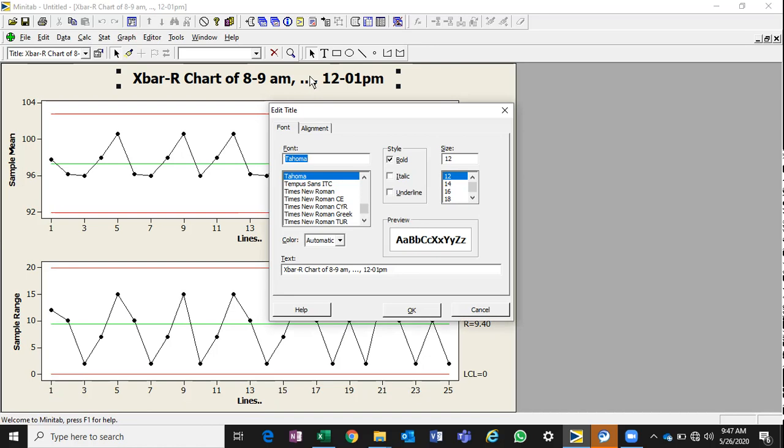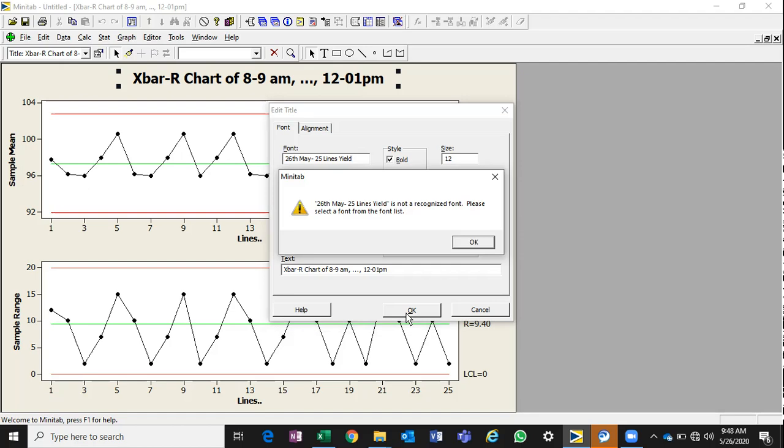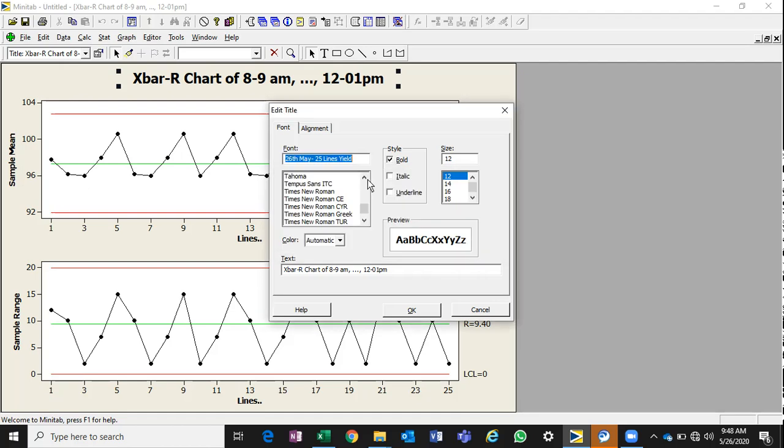For example, let's say you want to give it a date, 26 May, 25 lines yield, and you can give all the coloring and all that.